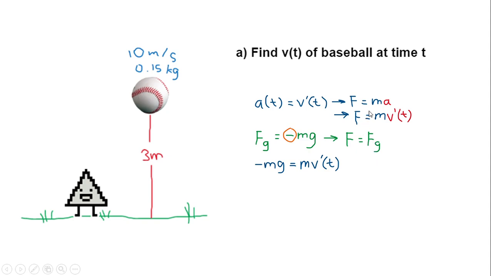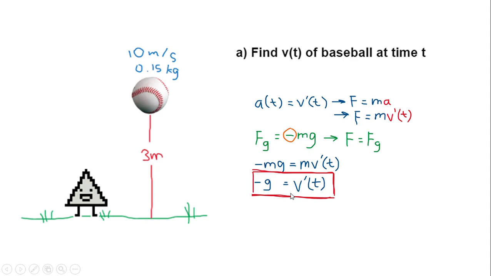And so we can replace these two F's for their other values, which gives us minus m times g equals m times the derivative of v. We can cross out the m's on both sides and we get minus g equals the derivative of v